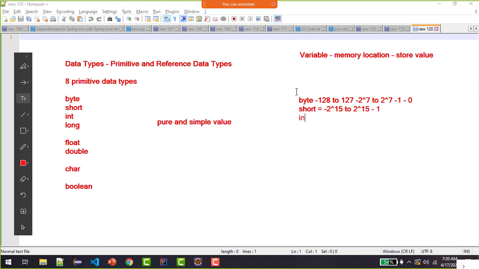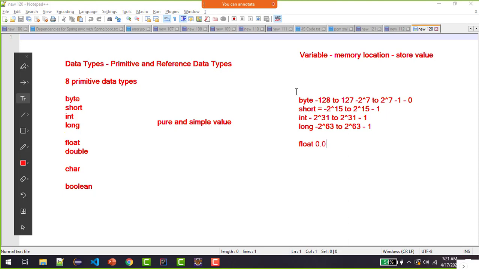Then integer, which is -2^31 to 2^31 minus 1. So if your data falls within this range, this is how you decide. Last is long, which is -2^63 to 2^63 minus 1.